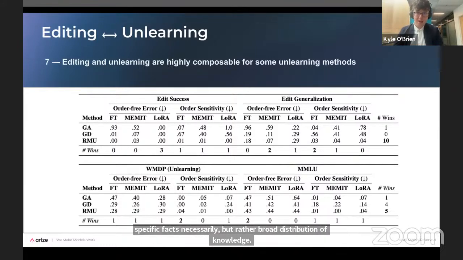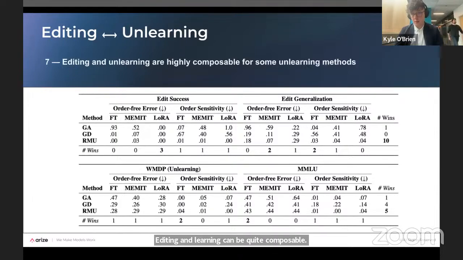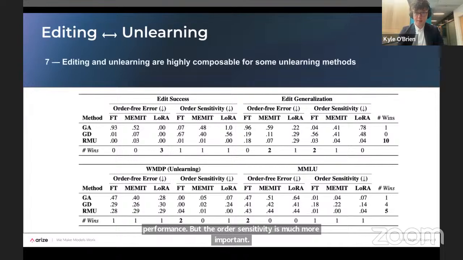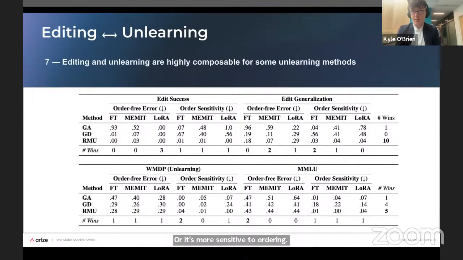editing and unlearning can be quite composable, but it depends on the technique. With RMU, it's quite composable, with the order of application being unimportant. For gradient difference and gradient descent, we find that, similar to before, you can achieve strong unlearning performance, but it's much more sensitive to ordering,